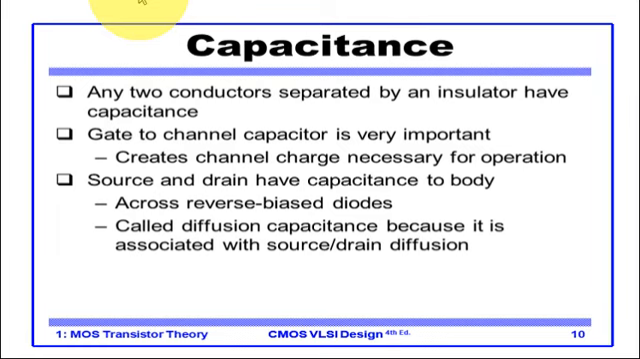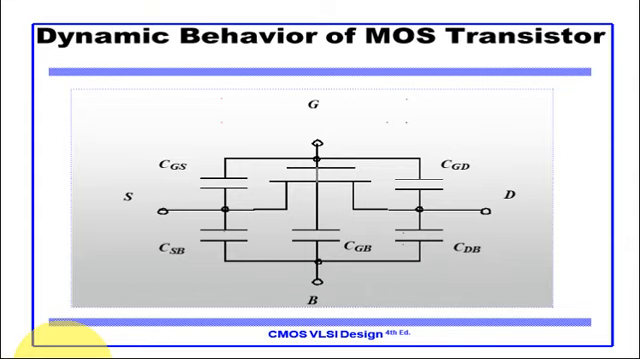There are so many places in a MOS transistor where such a separation occurs, and because of that there is the existence of capacitance in a MOS transistor. Let us see one by one. If you see the dynamic behavior of a MOS transistor, you will see many different types of capacitances. Actually, if you see the structure of MOS,